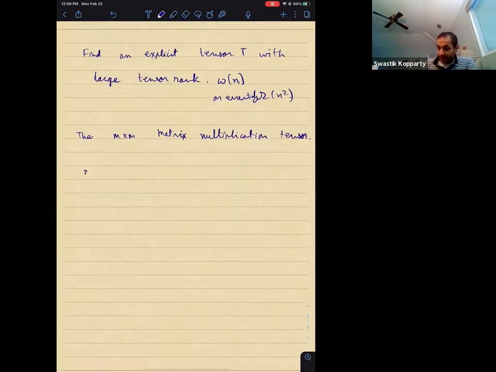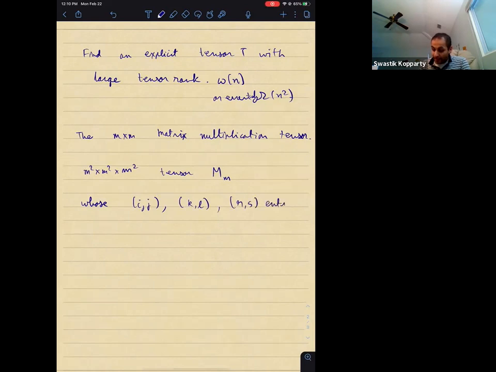It is an m square by m square by m square tensor T, maybe this is M_m, whose ij, kl, rs entry is 1. It's 1 or 0, and it's 1 only if